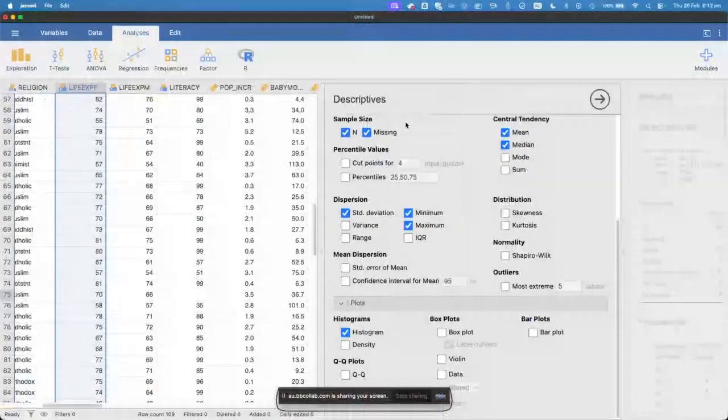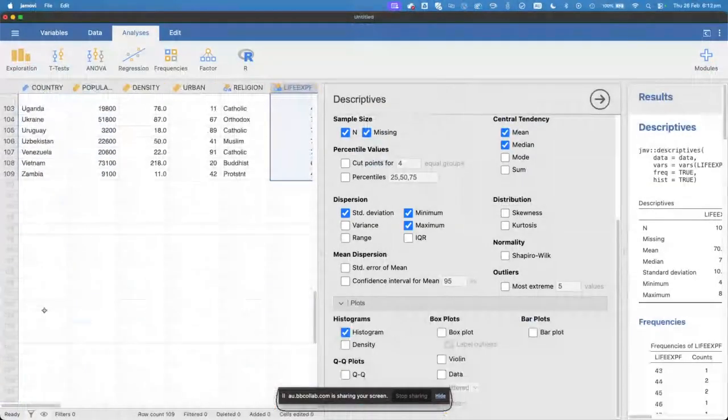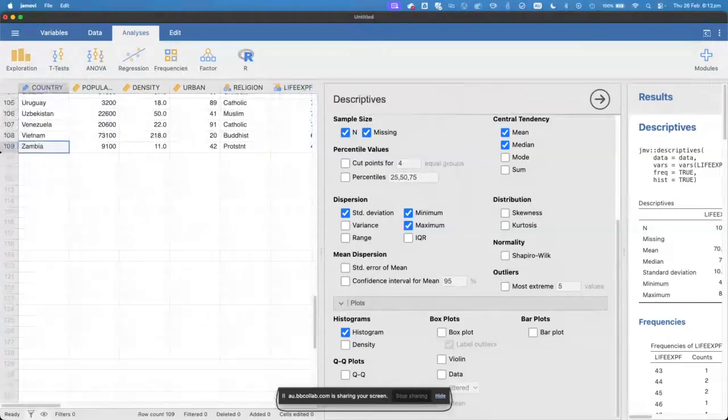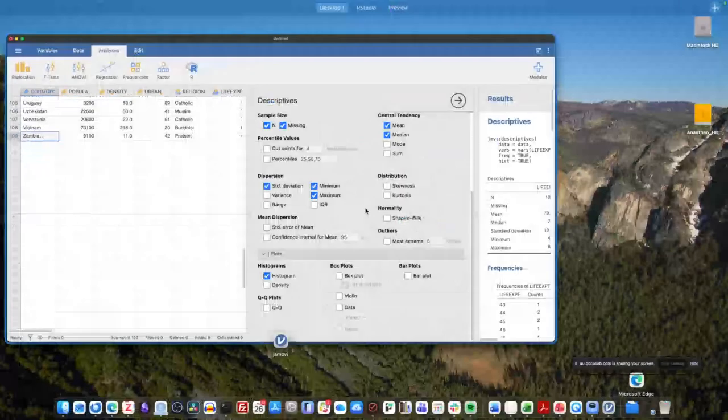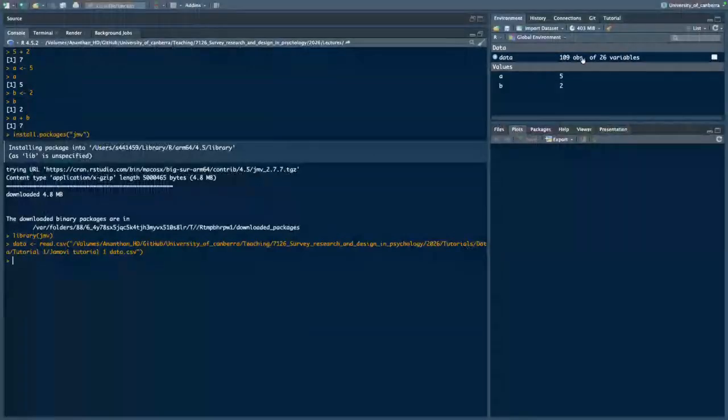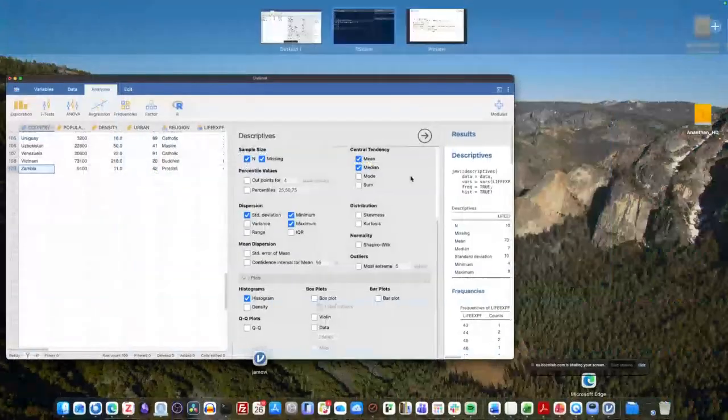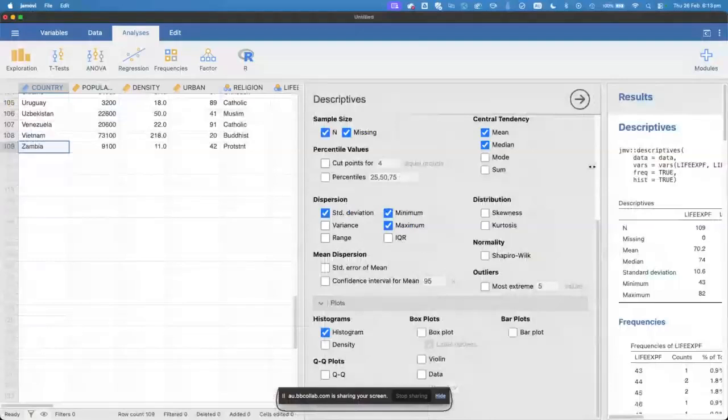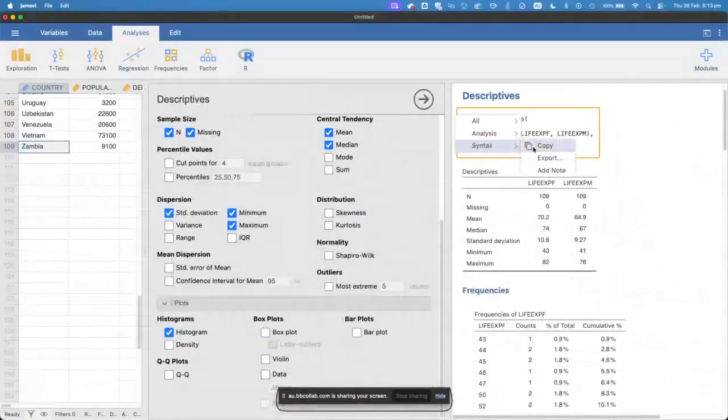So if you go into here, and if you scroll all the way down, you'll see you have 109 rows of data, right? And that is what we see in RStudio. So that's what the 109 here corresponds to, right? So now we've downloaded the app from the App Store, which is Jamovi. We've loaded it so we can actually use it. And then we've loaded our data. So now, once you've done those 3 steps, you can now start copying this Jamovi syntax